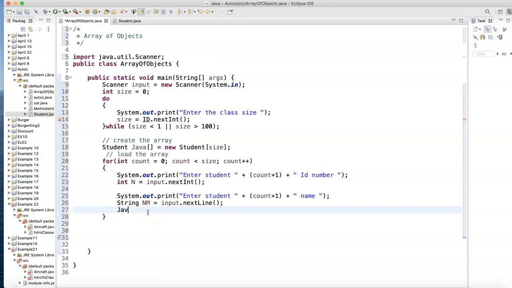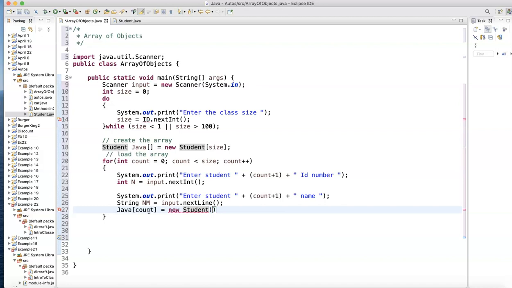So Java count is 0 the first time, is going to equal to new, and the constructor, which is student,